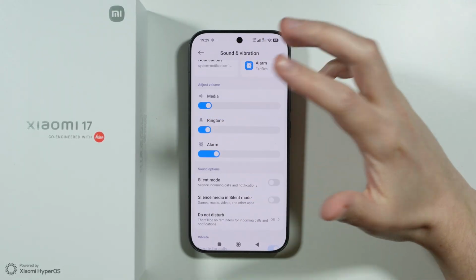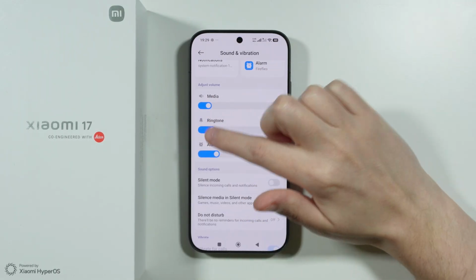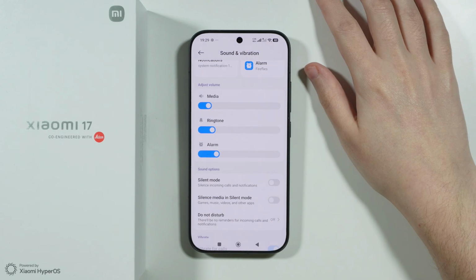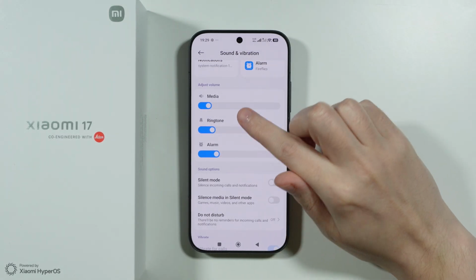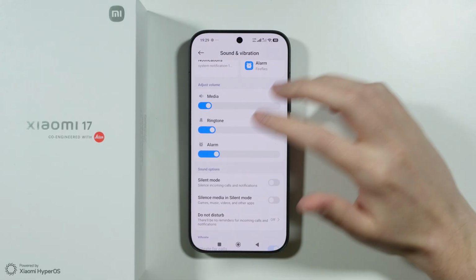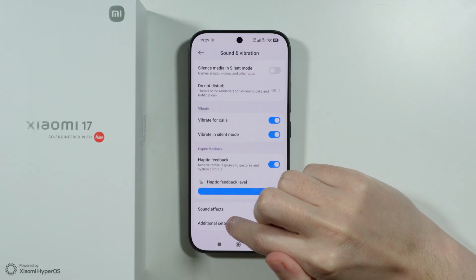So by default the ringtone and notification volume is pretty much the same. It is shared. I mean, this slider is shared for both of these things, even though it's just named ringtone. But what you can do is you can actually split the ringtone slider, and you can adjust the notification volume separately. In order to do so, first we have to scroll down in this menu and go to additional settings,